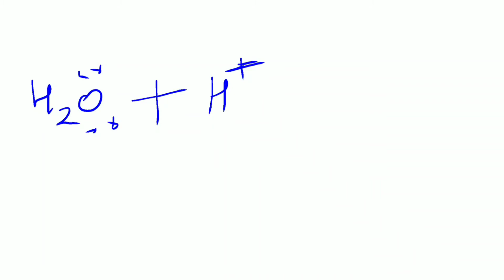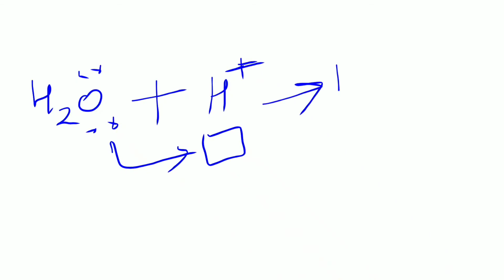How many electrons are present in the H plus? There is no electron in the s orbital of H plus. So the lone pair of electrons is given to H plus, and forms H3O plus,